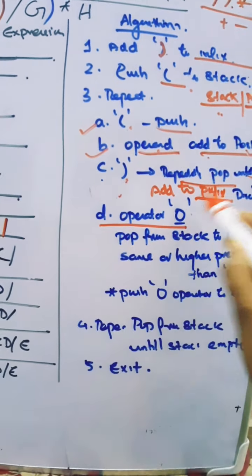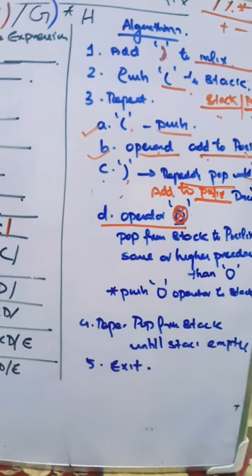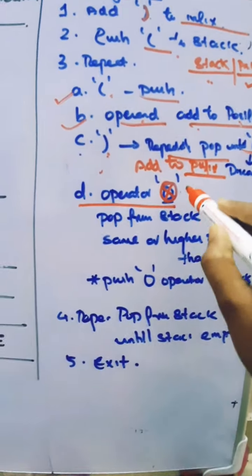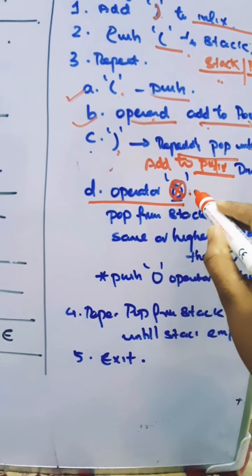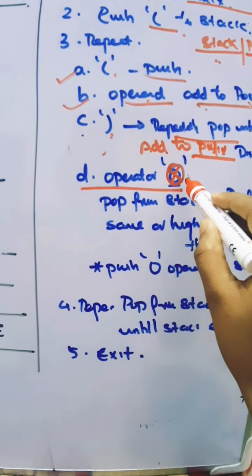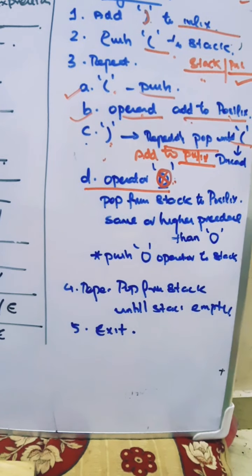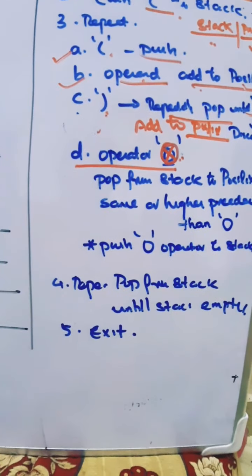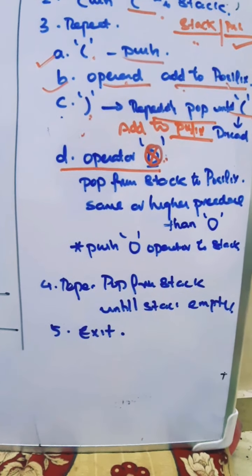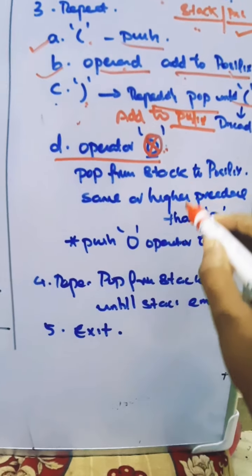And one more thing is what is that? An operator. It's a symbol, whatever operator it can be. So while evaluating, if you see an operator, a symbol, it can be plus, minus, division, modulus, exponent, whatever it will be. While evaluating, you get an operator. What do you have to do? You have to compare that operator to the top of the stack. After comparison, depending upon the conclusion, you have to do the corresponding statements.